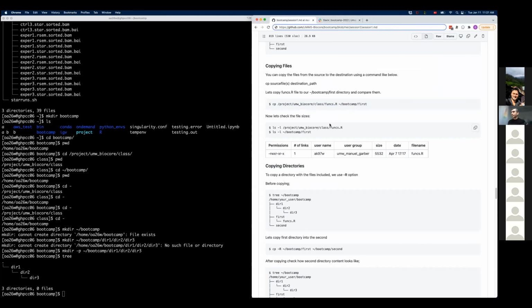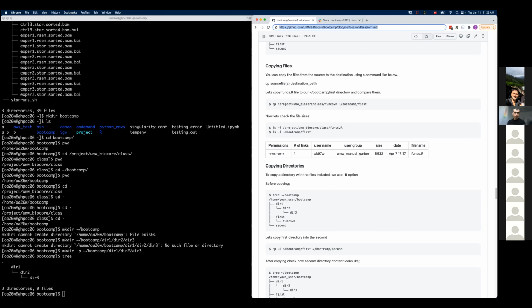That GitHub repository is accessible from anywhere in the world. You can just go to https://github.com/ums-biocore/bootcamp, click session 1, and you can come to this page from any computer. Slack has the link, but you can also open your browser and write it by hand.